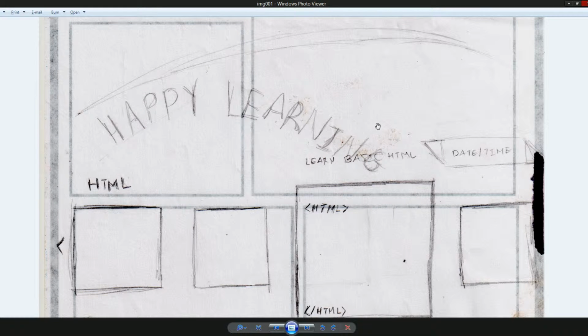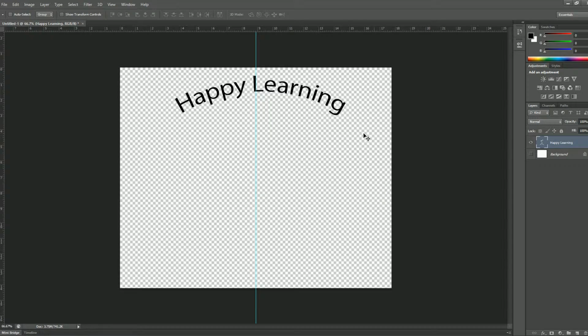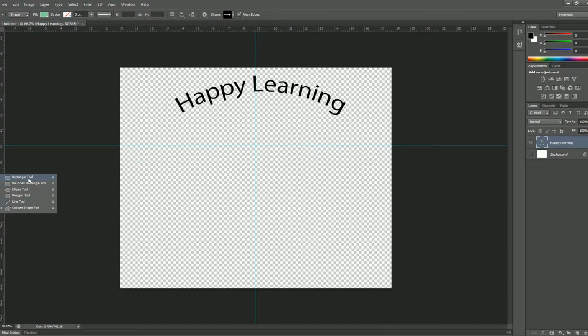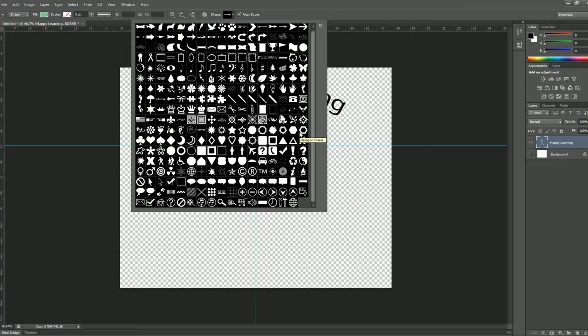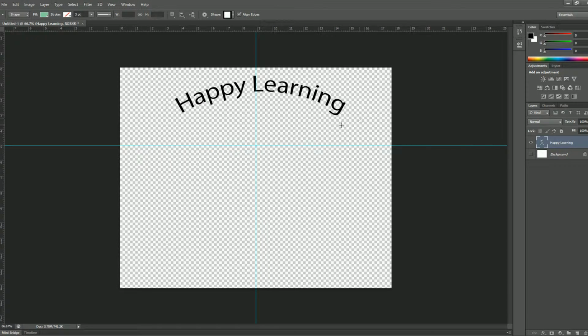So you have the logo at the top, then we need a little area right over here that's going to show the time. So I'm going to go to the shape tool, and let's see if they have a shape that's similar to the one I want. So right now I'm noticing that I don't see any, so I'm going to go ahead and use a couple of shapes to create that. So I'm going to click on this rectangle tool, and I'm going to draw here,